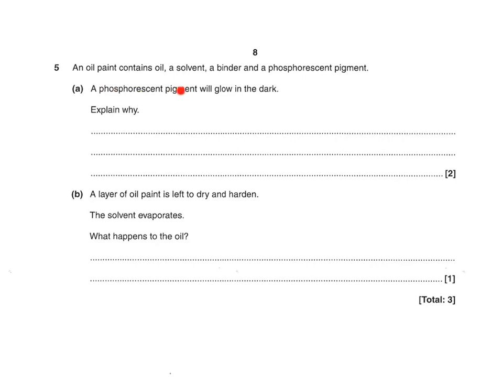An oil paint contains oil, a solvent, a binder, and a phosphorescent pigment. A phosphorescent pigment will glow in the dark. Explain why. So the reason is that it absorbs or takes in energy and then releases or emits the energy